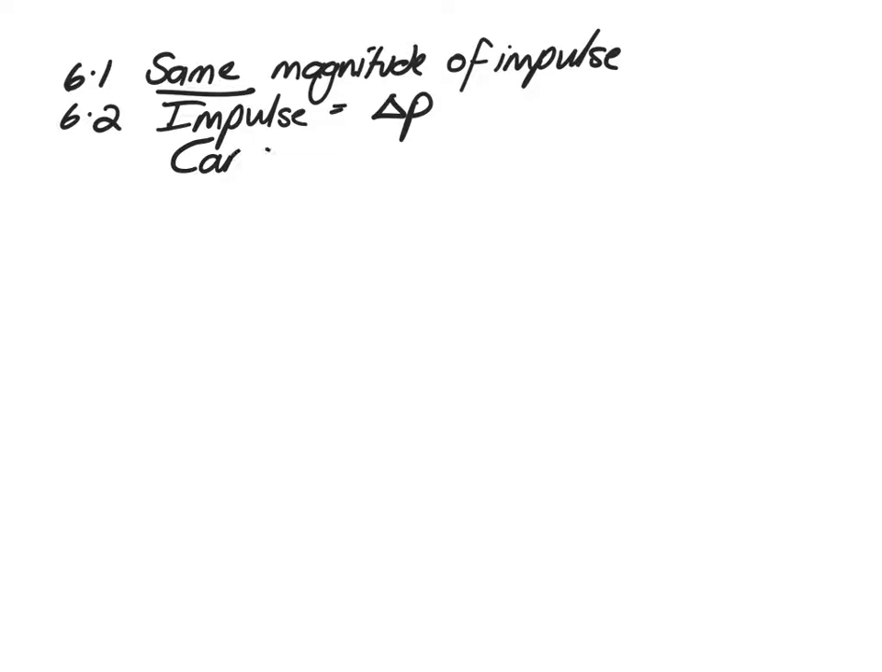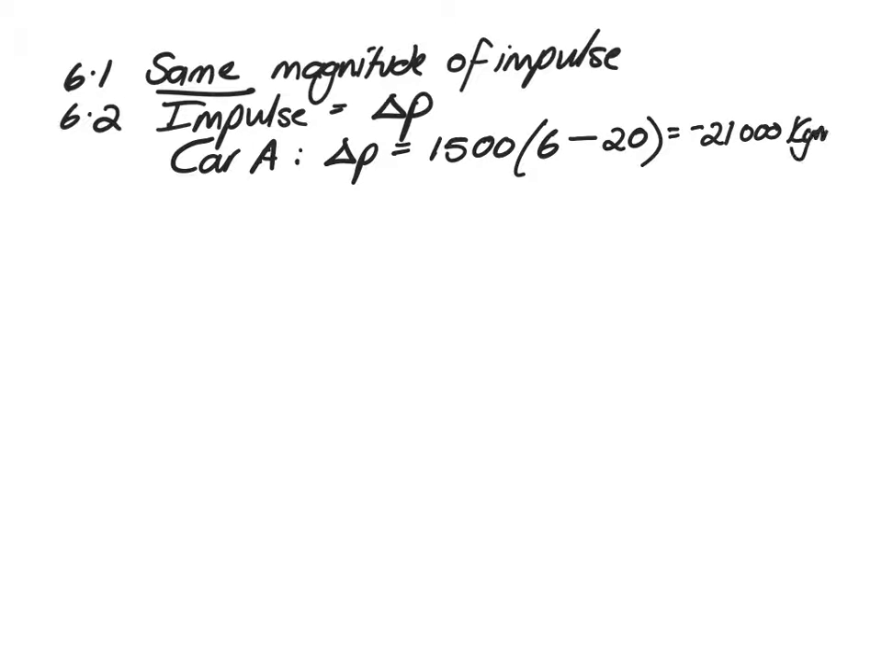So, let's look at car A. Car A's change in momentum equals its mass, which is 1,500 kilograms, times its final velocity, which was 6, minus its initial velocity, which was 20, which gives us an answer of minus 21,000 kilograms meters second to the minus 1. Looking at car B,